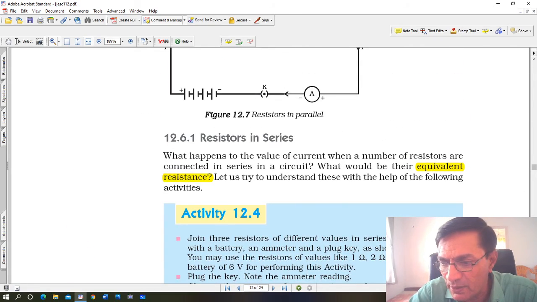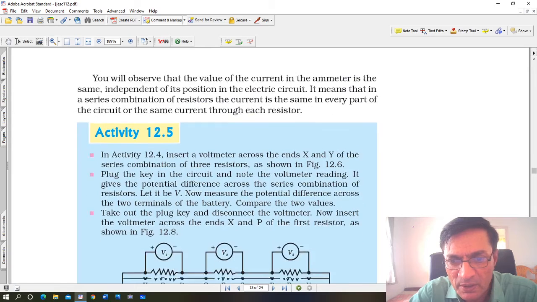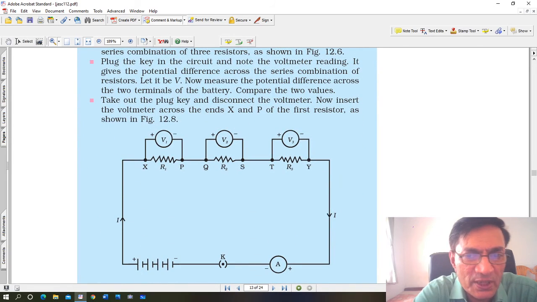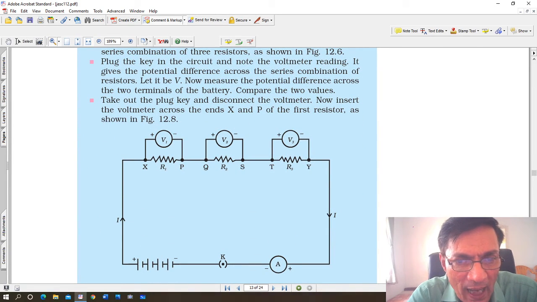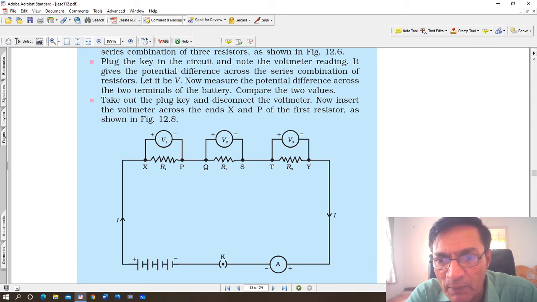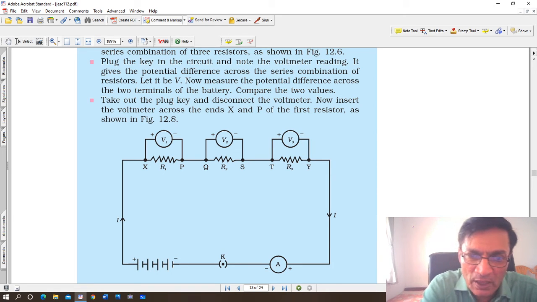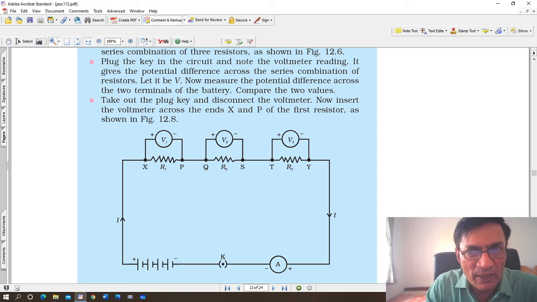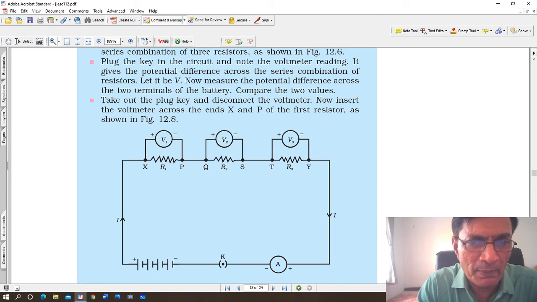Alright, so we are discussing resistors in series. Now you can see here in this experiment, R1, R2 and R3 are connected in series. Okay, notice how plus minus is calculated. See, positive of the battery, positive of the ammeter. Okay, now the current which passes through all three of them will be the same. In this case, remember one thing, the potential difference will change slightly because each resistance is slightly different.